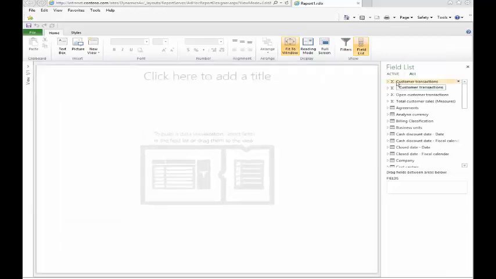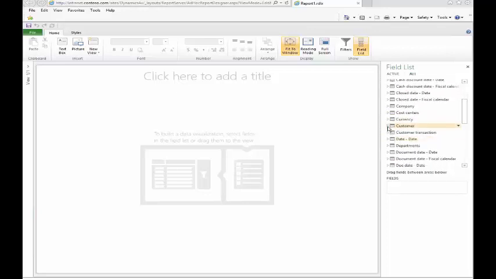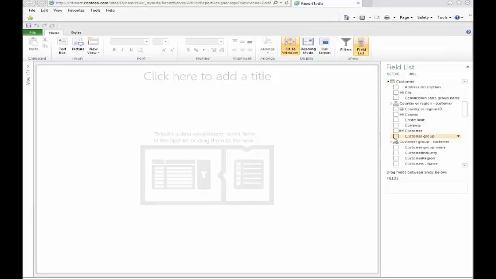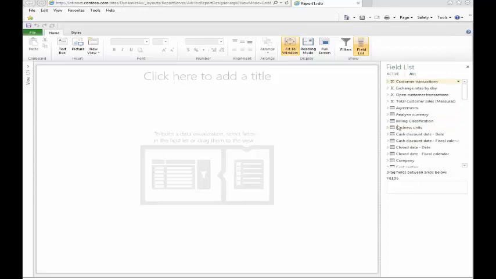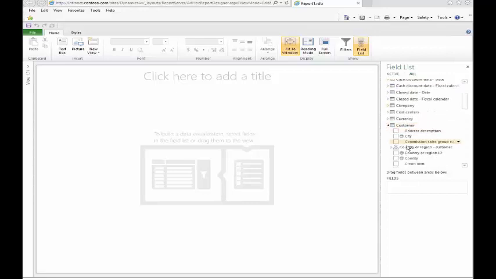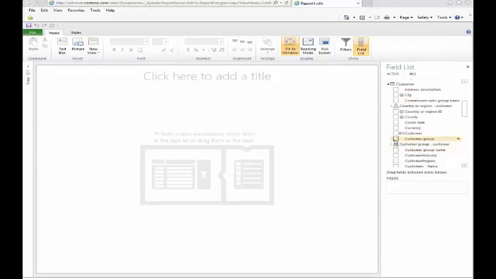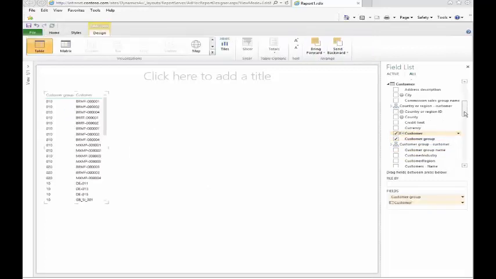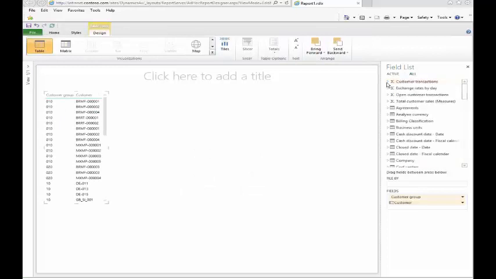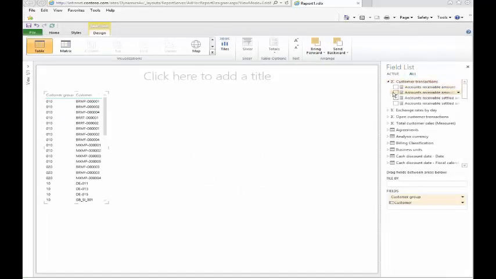You can see that you have all of the dimensions and measures that come off the standard cubes, and you can very quickly create a dashboard analysis where you have the customer number, customer group, and the customer name, and then start measuring that based off something within the system, for example, the open amount